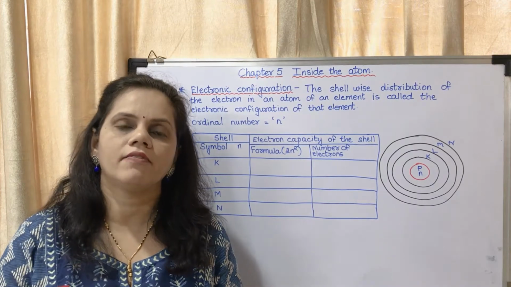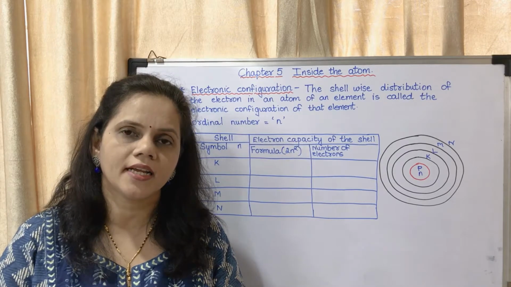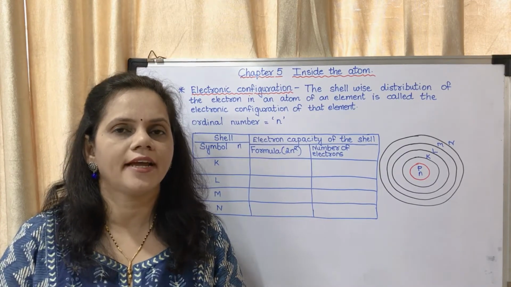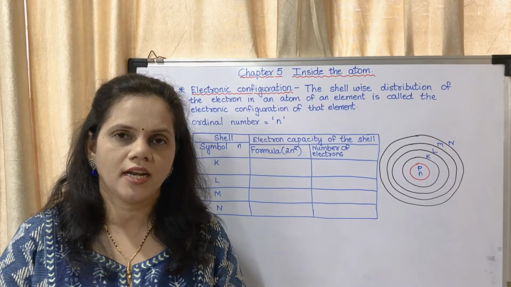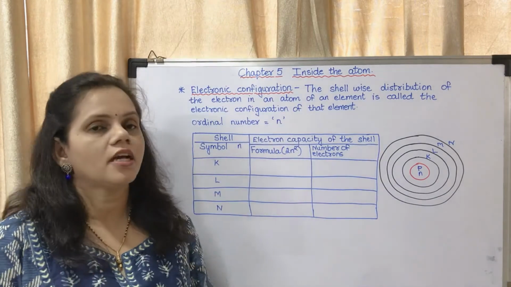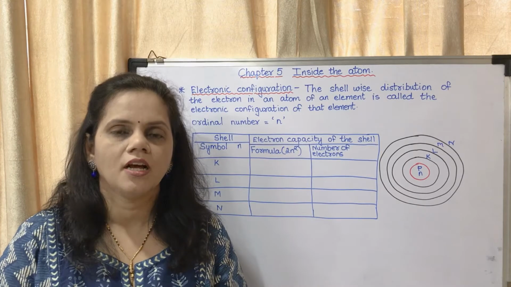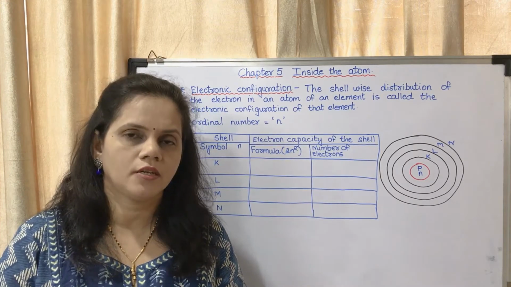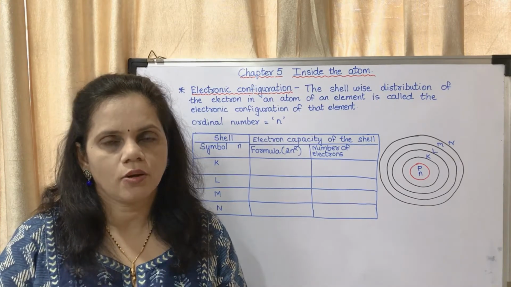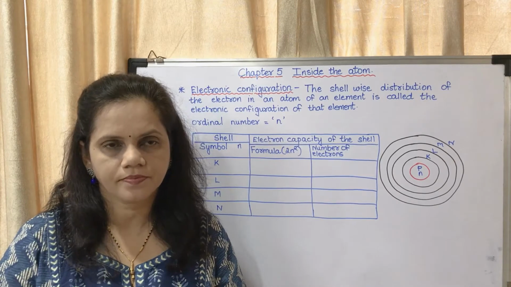Okay. Now there are 120 elements which have been discovered, out of which 92 are natural elements. We are having the study of electronic configuration of some elements in our syllabus. Okay, basically the first 20 elements. Now we may move on to today's topic, what is meant by electronic configuration.